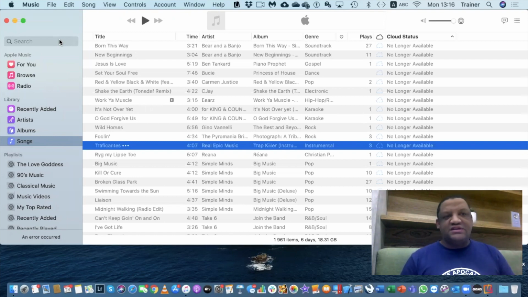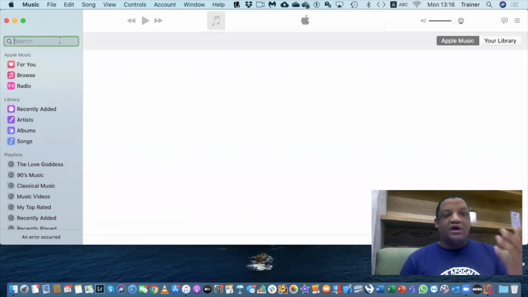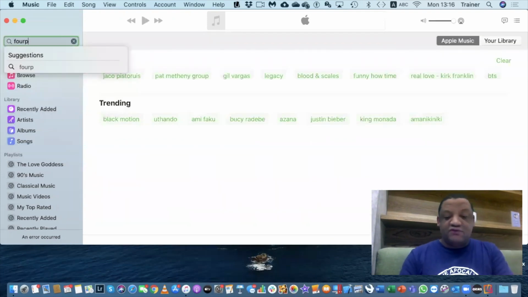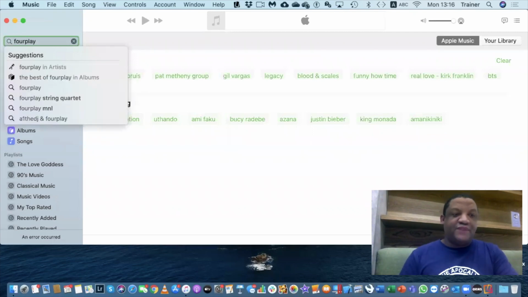So say for instance, I'm not using Apple Music at all. I'm not going to disable it now. And say if I'm searching for, say, foreplay, right? You can see that it only pushes me towards Apple Music and your library. Now the problem is that I actually wanted to move it to iTunes.